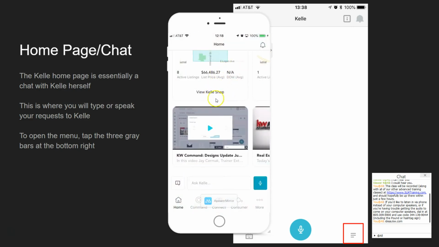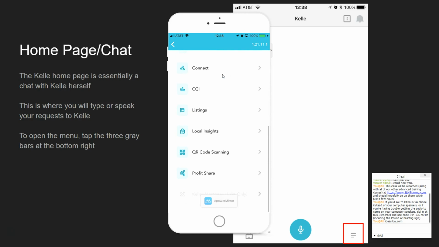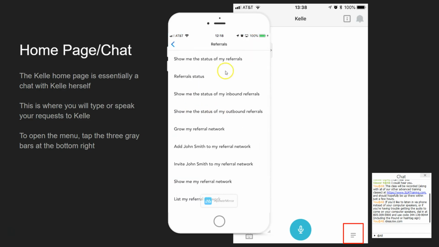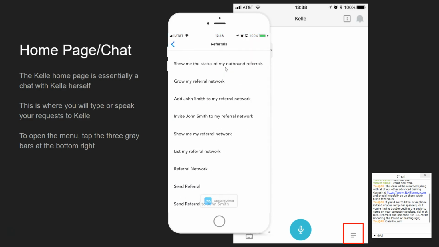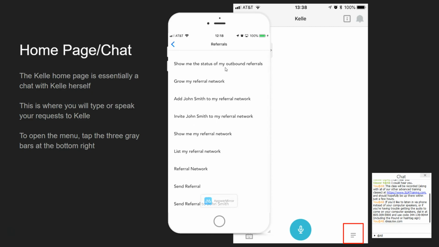Okay, underneath that, we're going to start on the left here with this little eye icon in the speech bubble. No matter where you are across any platform, anywhere, typically means more information. So I'm going to tap on the little information icon here. And this is a list of general examples of what Kelle can handle, things that you can ask Kelle. So if you tap on any of these sections, like referrals here, these are some things that you can ask Kelle to do or ask her to show you, and she would be able to take care of that for